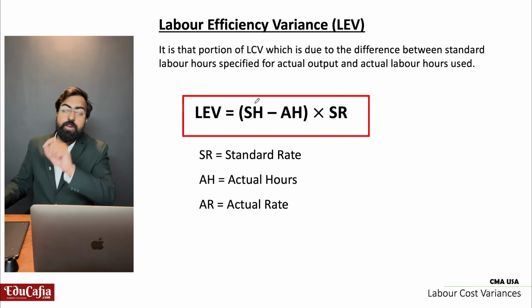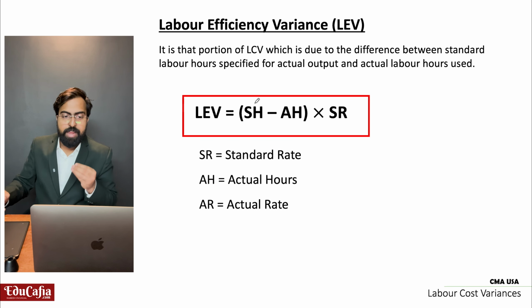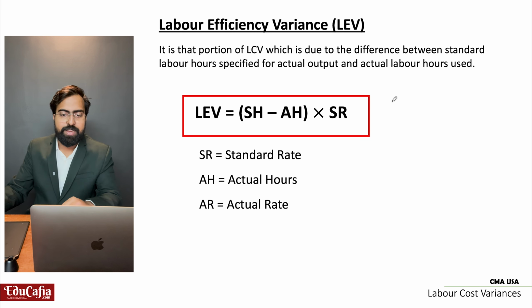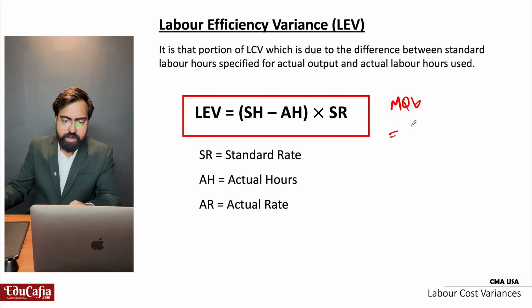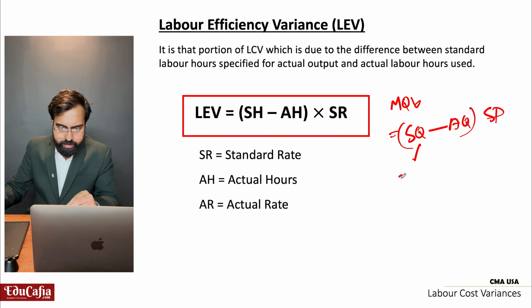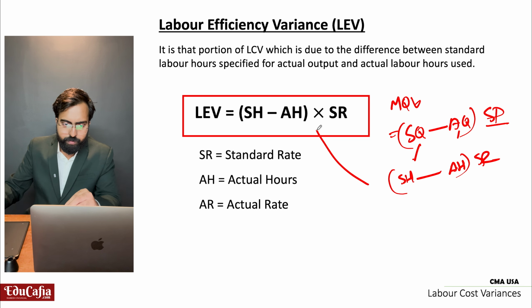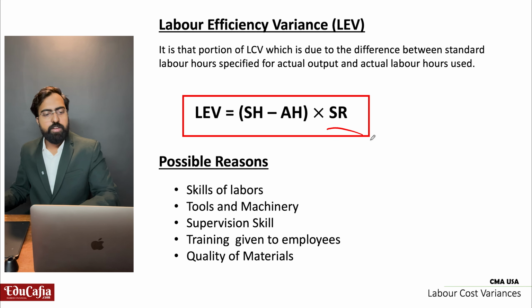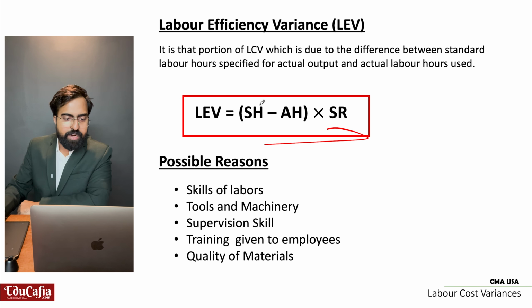Next, labor efficiency variance. Efficiency means here we are calculating like material quantity variance. What was the equation of material quantity variance? That is standard quantity minus actual quantity into standard price. You remember, right? So instead of standard quantity, standard hour, minus instead of actual quantity, actual hour, instead of standard price, standard rate. So labor efficiency variance is equal to standard hour minus actual hour into standard rate. So what are the reasons? Here standard hour is there,